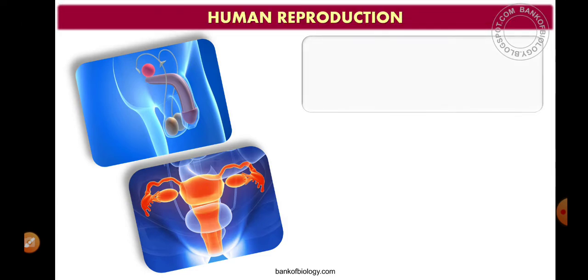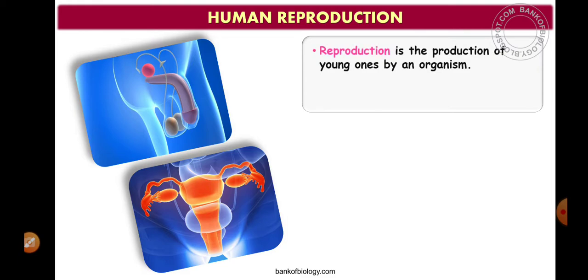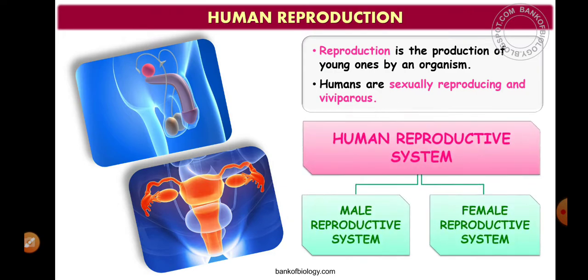As everyone is well aware, humans are animals and they are viviparous, because they give birth to a mature child. There is a well-marked sexual dimorphism in human beings, so we can easily recognize male and female on the basis of morphological features. Not only are they morphologically different, they are also physiologically and anatomically different from each other.